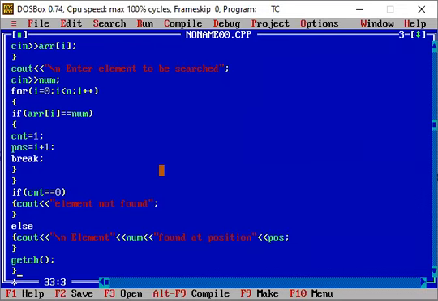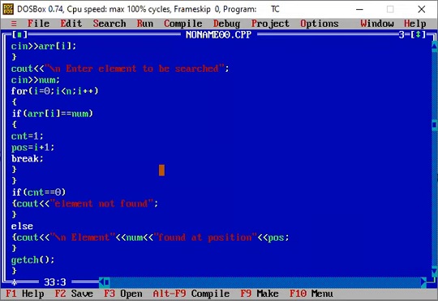So as per the algorithm, if you have gone through the algorithm steps, it is the same thing. First of all, we have to define the different array elements we are having. Secondly, we will enter the element that we need to search. That element we have used as num, and in order to traverse the loop, again we will use the for loop till the n size.